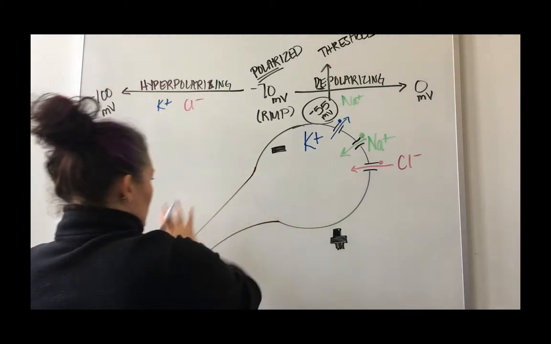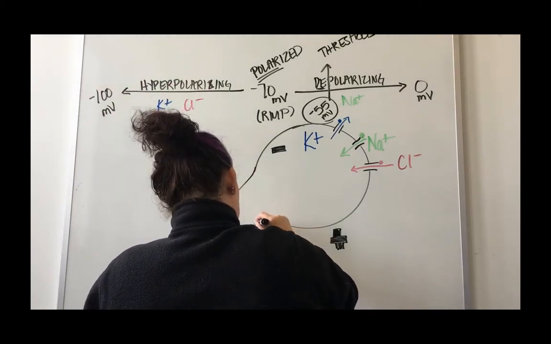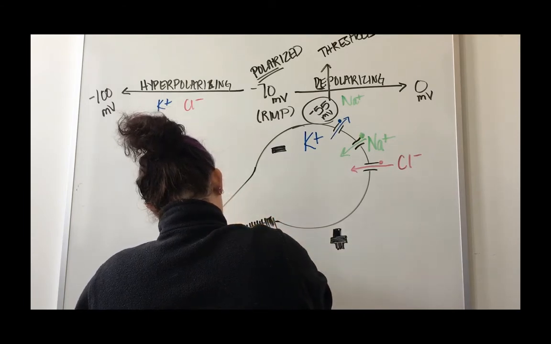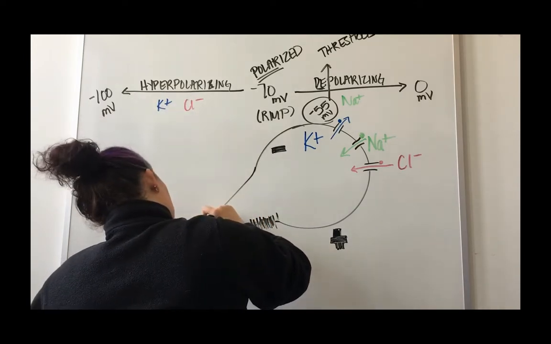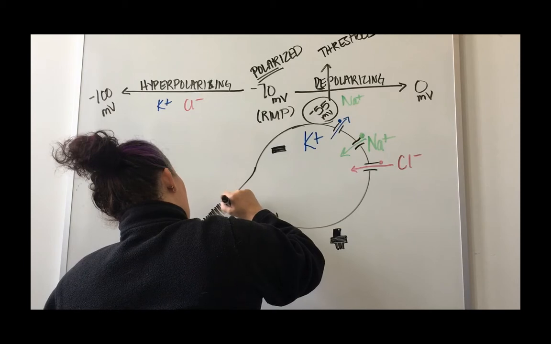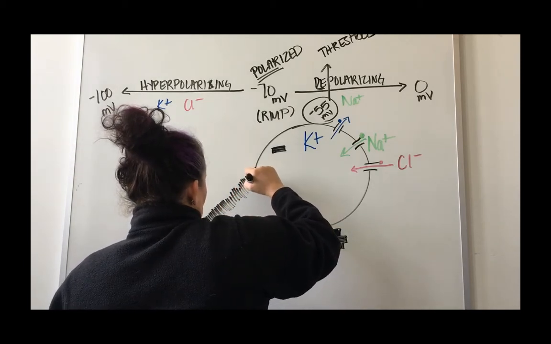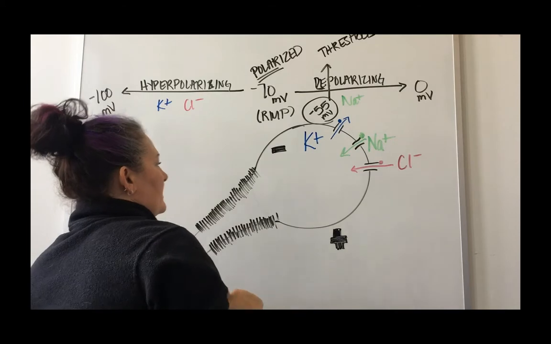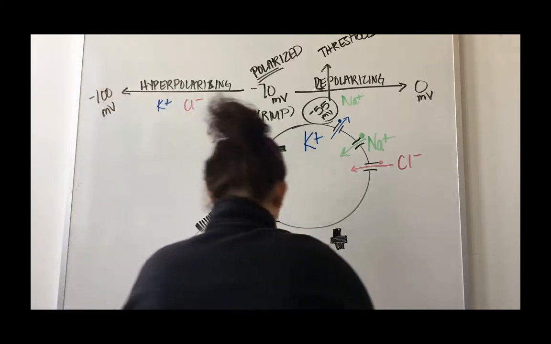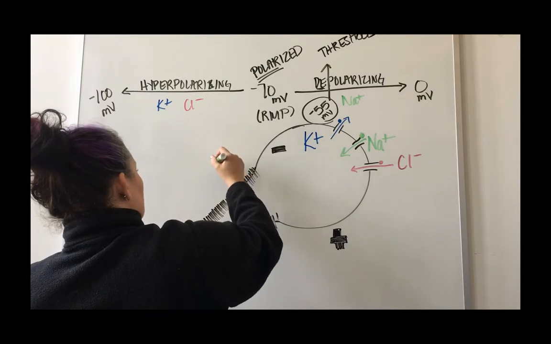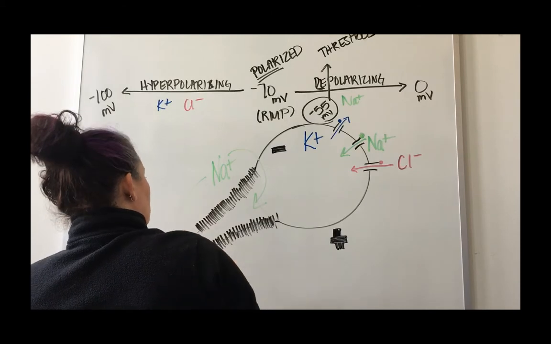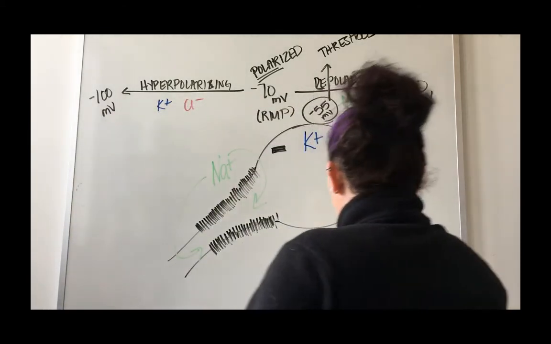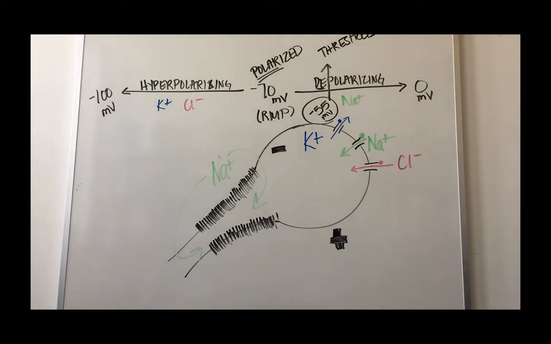Action potentials happen over on the axon, and they use voltage-gated channels. So we're no longer dealing with ligand-gated channels, we are dealing with voltage-gated channels. And the axon hillock area is absolutely packed with voltage-gated channels. And when they open, we're going to get this massive movement of sodium into the cell. It's going to be a huge amount of sodium coming into the cell, and that's going to start off our action potential. That's going to be a much more long distance signal, and it's going to be the signal that leads out